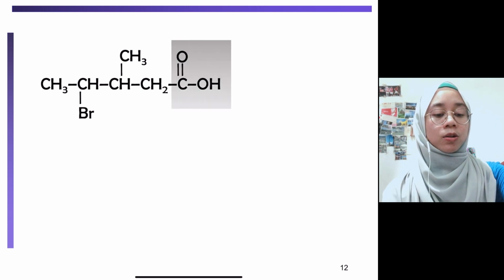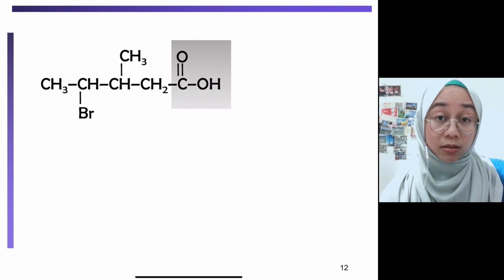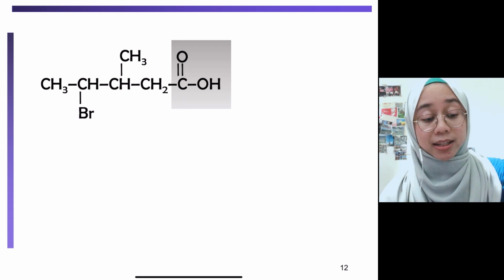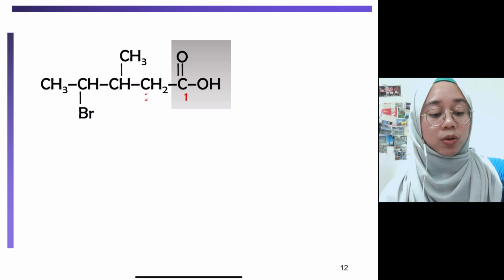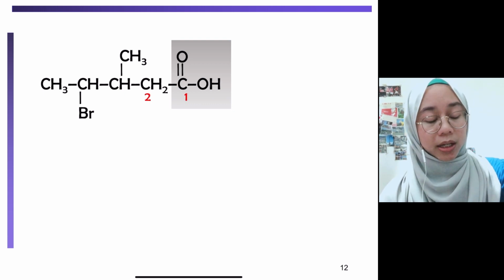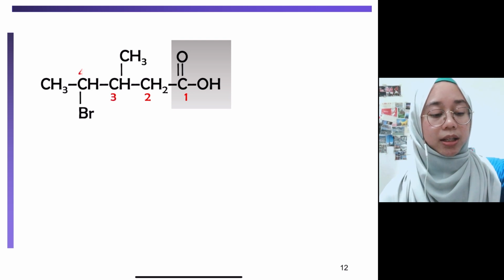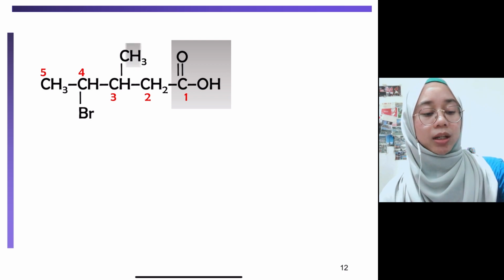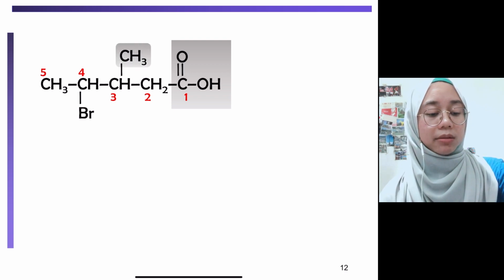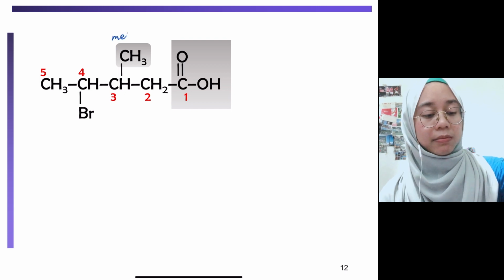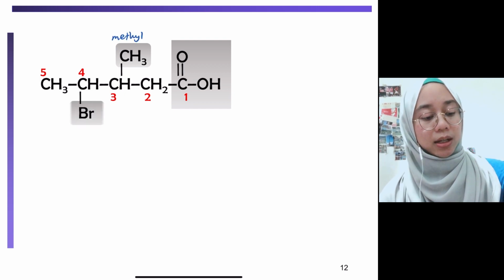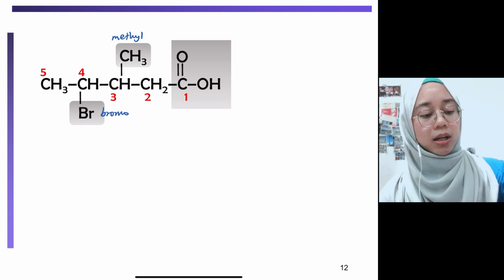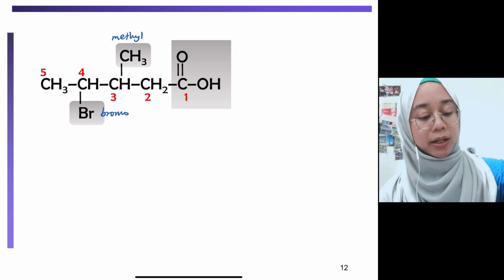Okay, so now since kita ada COOH, macam Miss cakap tadi, it is the highest priority. Okay, so that will be carbon number 1 automatically. That will be carbon number 1. And then kita just carilah longest chain. So longest chain untuk ini paling panjang 5 kan. And then dekat carbon nombor 3 kita ada methyl. Dekat carbon nombor 4 kita ada bromo. Jadi kalau 5 paling panjang, bermaksud nama dia adalah